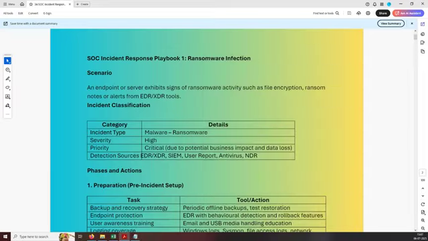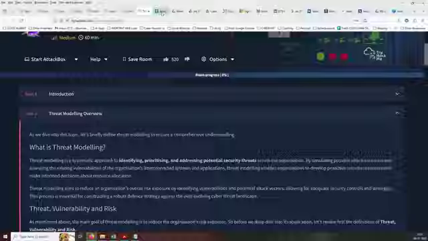Okay, and then severity, because we can say very high actually. You can say high severity, and you can say priority, like critical priority. You can set that here, right? And the detection sources can be any different kind of detection you can select here. So that is why, if you come here,